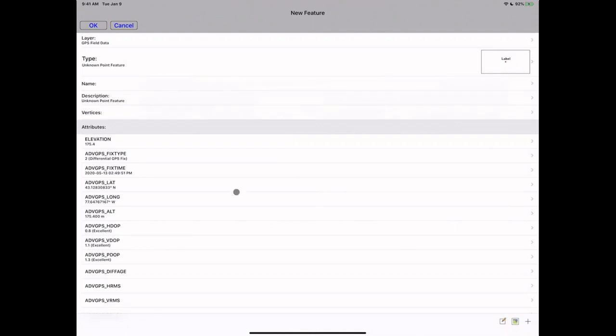Jeff, while you're doing this, it might be a worthwhile point to bring up. Somebody is asking about unique icons, I guess symbology of points in this case. You want to talk through that? So I can,